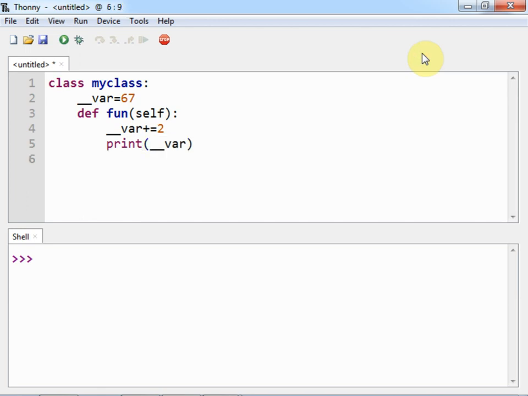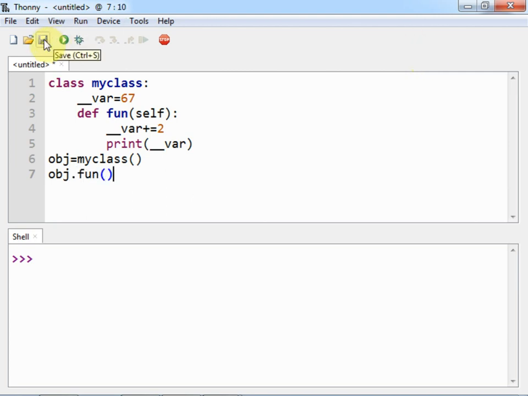So now I will just create the object of this MyClass. So obj is equal to MyClass, and if I try to use this fun, then we'll see what happens.